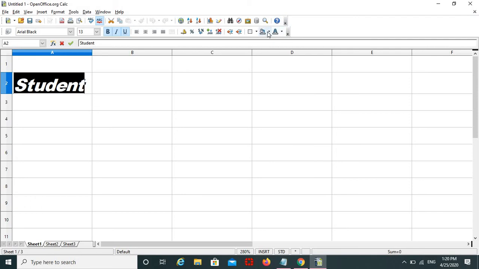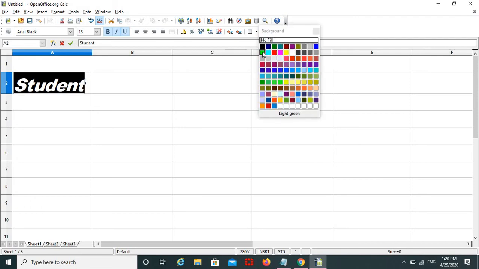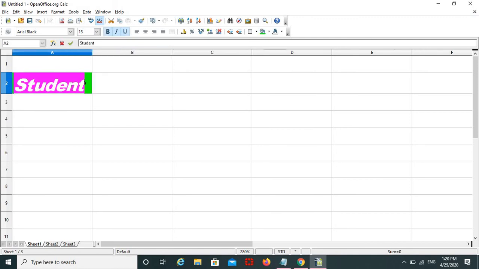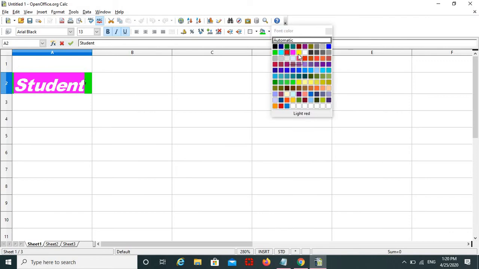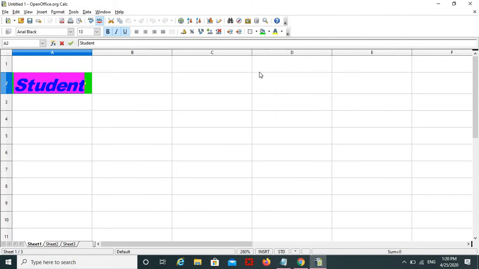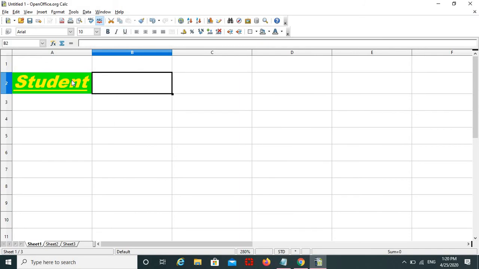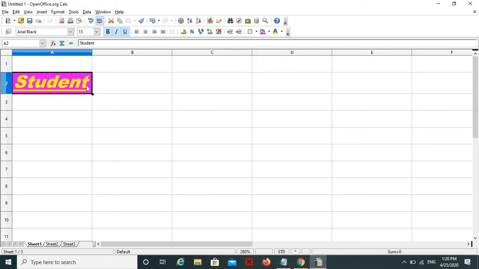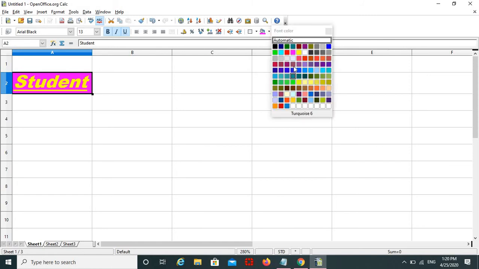By using this you can change the background color, and by using this you can change the font color also. Understand, by using this you can change the background color, and by using this you can change the font color, meaning the alphabet color. These colors are available.